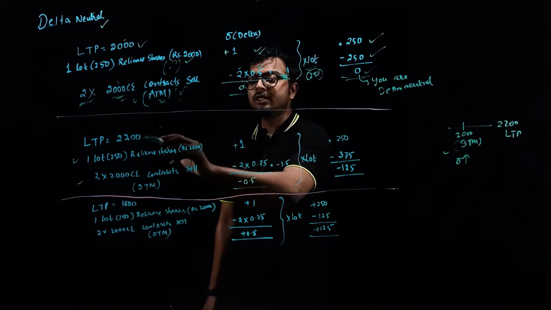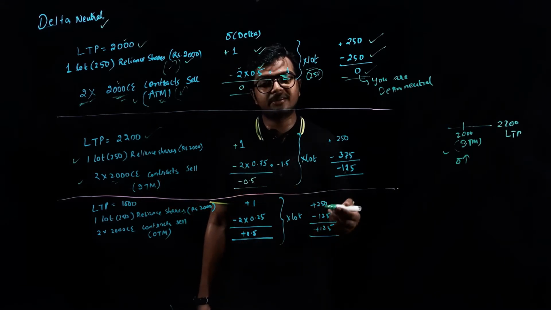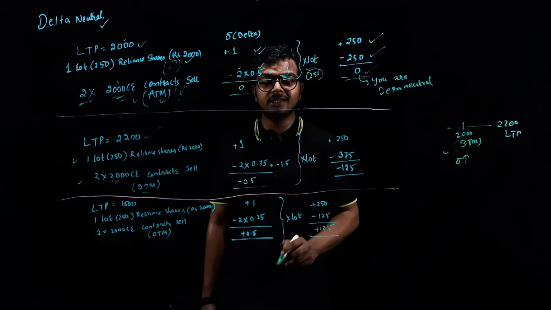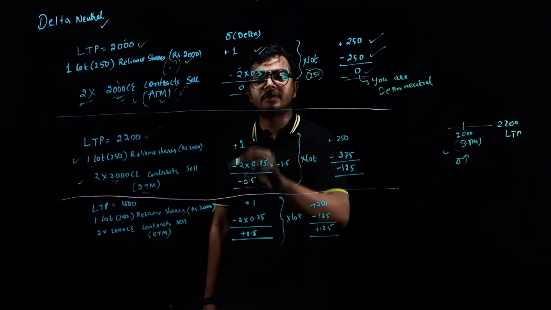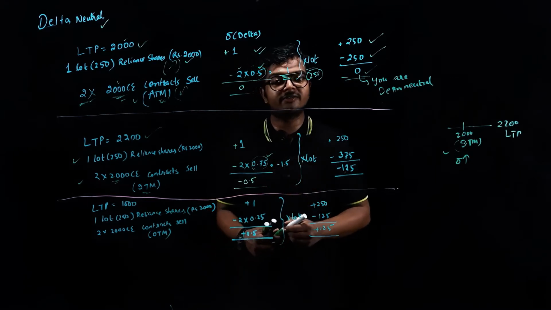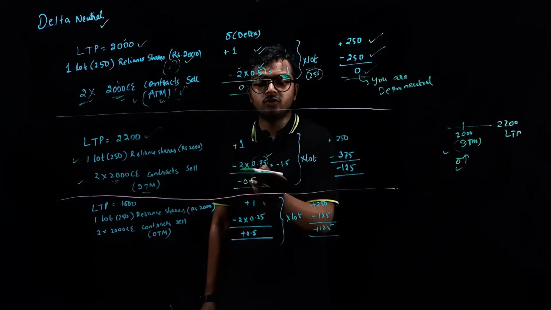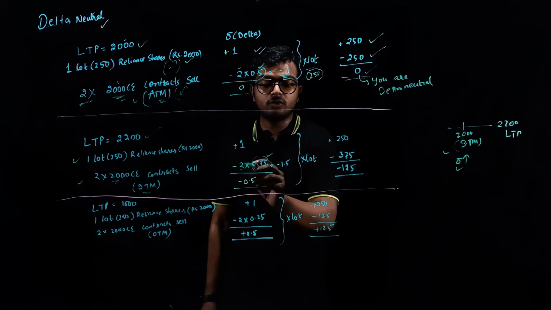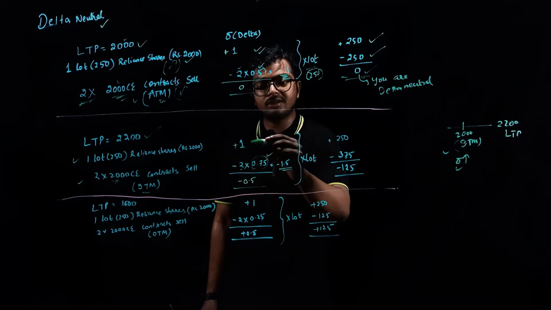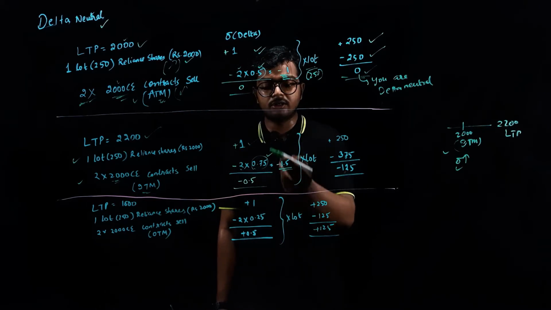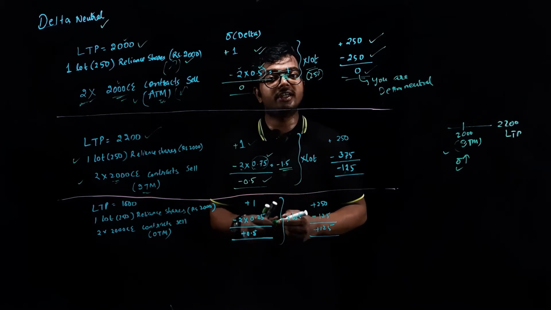Now what would happen? The current price of Reliance is 2200 and you have sold a call at 2000 strike price. As 2000 is an in the money call option, the delta would increase here. Initially it was 0.5, now it is 0.75. So the delta has increased. Now because you have two contracts, multiply by 2, so it would be 2 multiplied by 0.75, that is minus 1.5. And you have the shares that was initially plus 1 and it would still remain plus 1. So overall it would become plus 1 minus 1.5, that is minus 0.5.